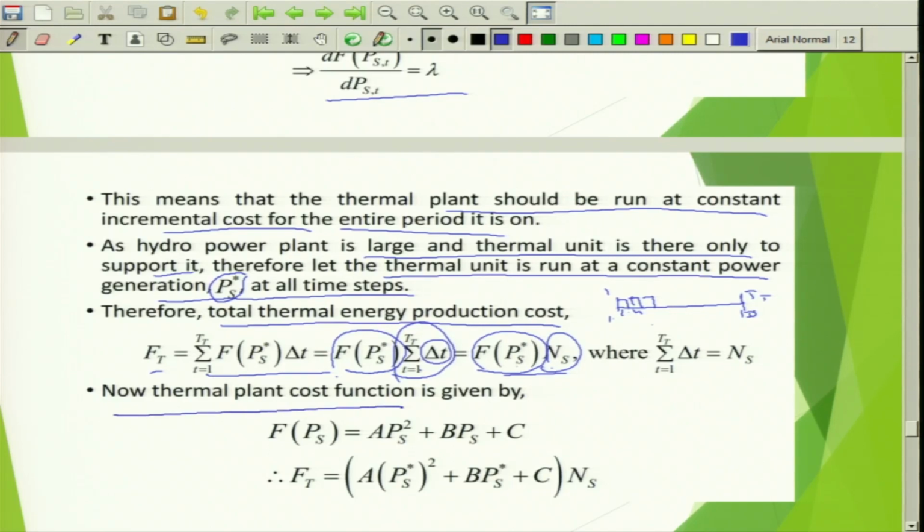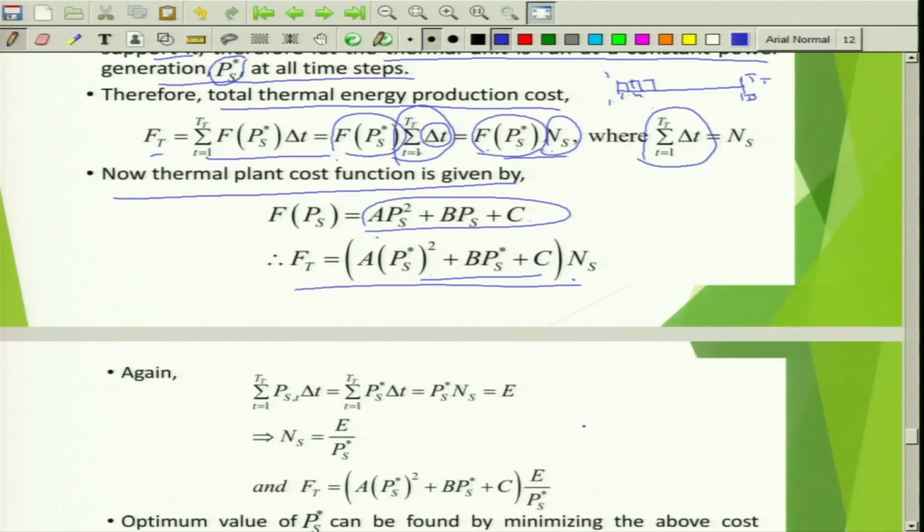And then you see here the thermal plant fuel function is given by a quadratic expression, a fuel cost expression. So you replace F of Ps star with this quadratic expression. This is multiplied by the summation from t equal to 1 to TT of delta T, which is nothing but NS. You get this expression, and then